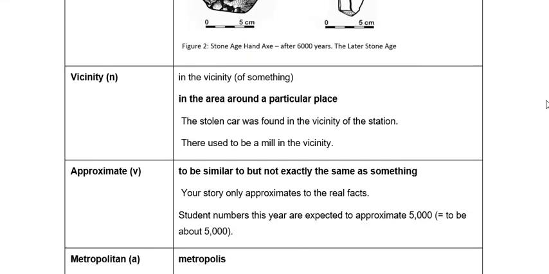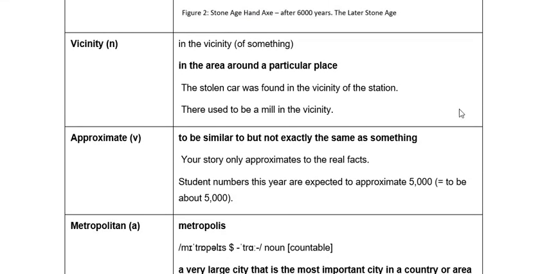Okay, we move on to the next word in the list, vicinity. Vicinity is also a very academic word that you can actually use in your speaking and writing. The phrase is often in the vicinity of something, meaning in the area around a particular place. For example, the stolen car was found in the vicinity of the station. There used to be a mill in the vicinity. Or you can say, for example, in the vicinity of my house, meaning